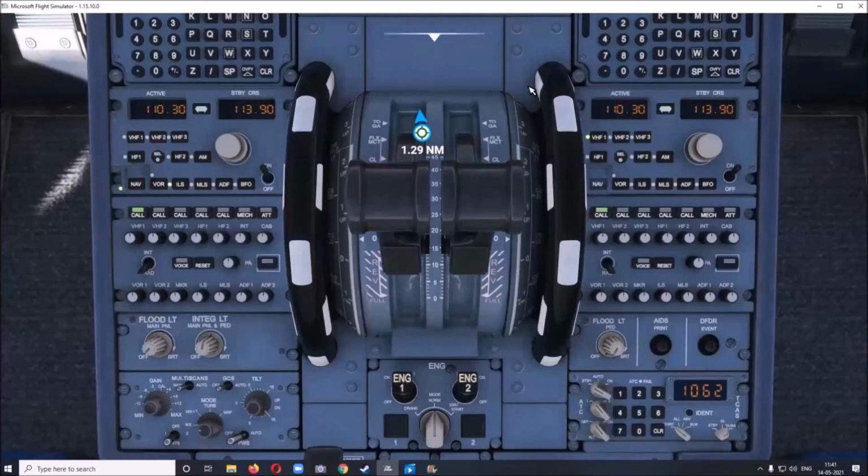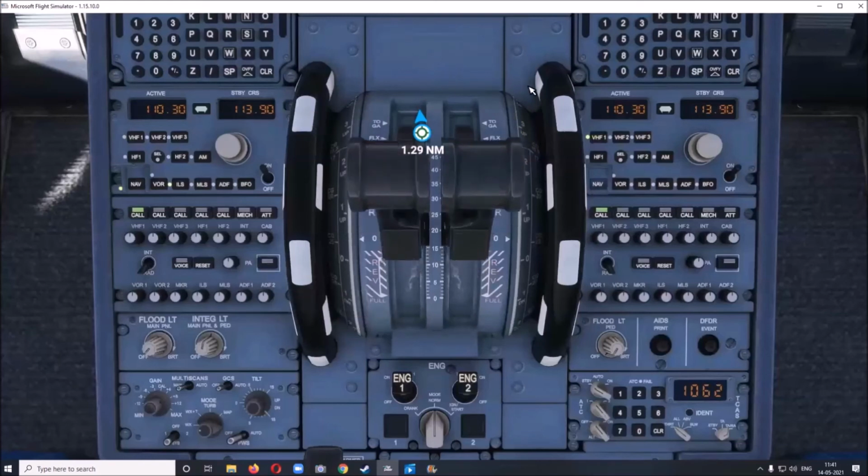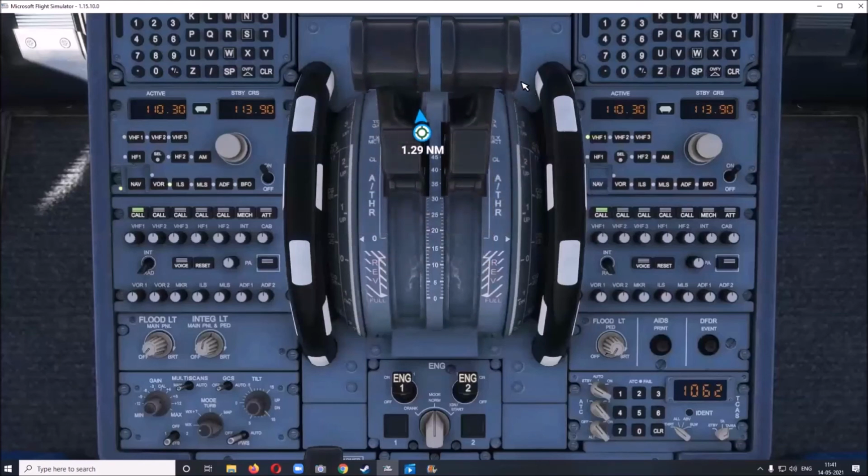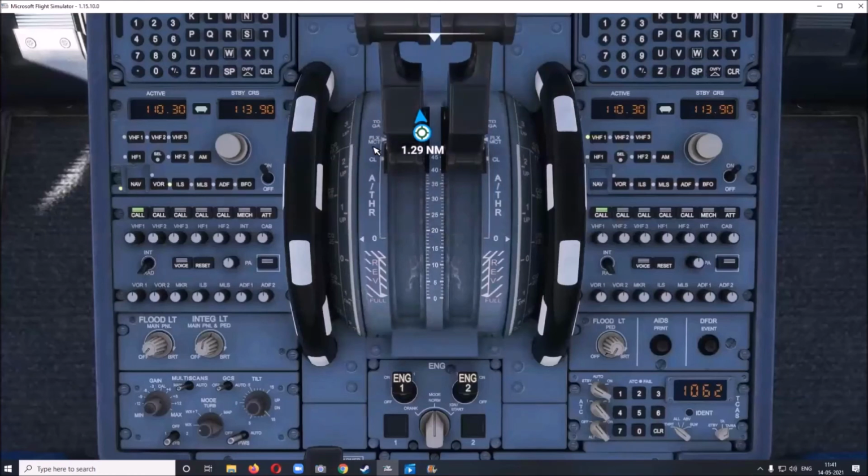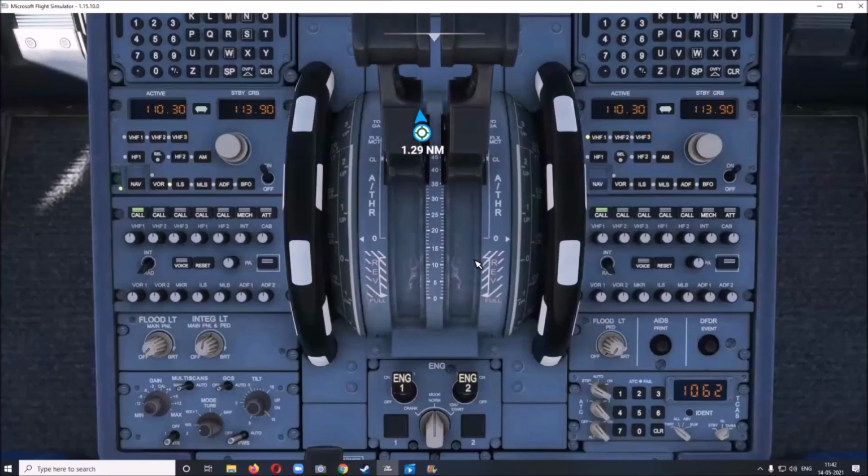This is the thrust lever pedestal. Now for takeoff, we will be setting this at flex or TOGA. That is to go around. And during climb, we will be reducing the thrust to climb.